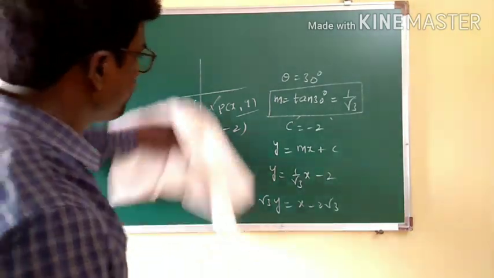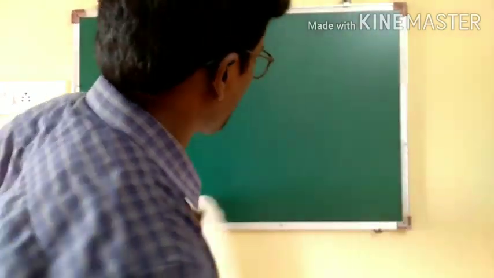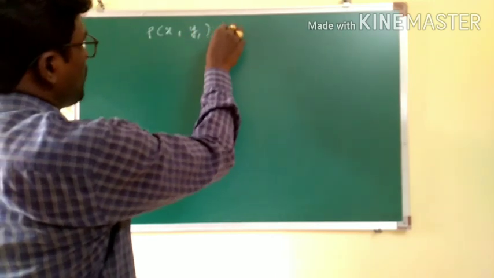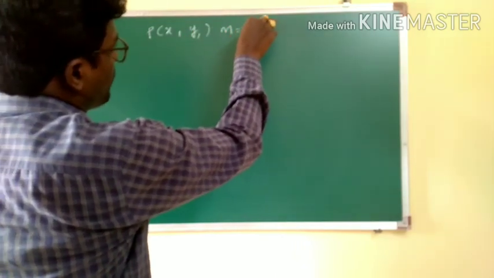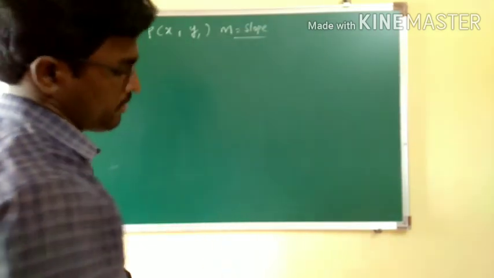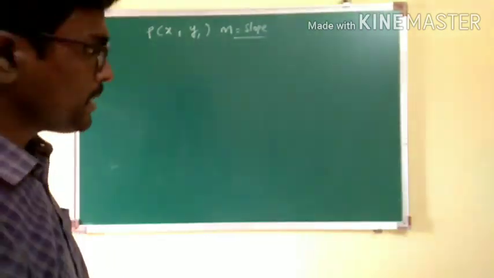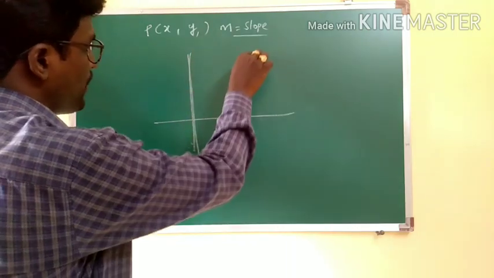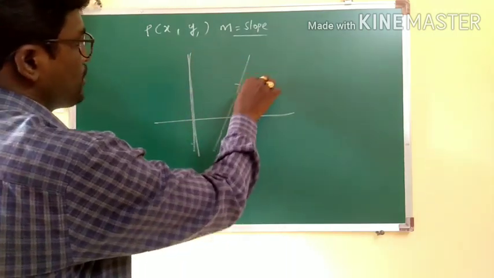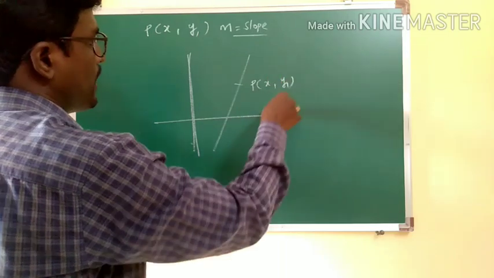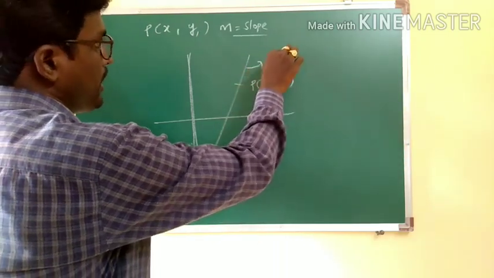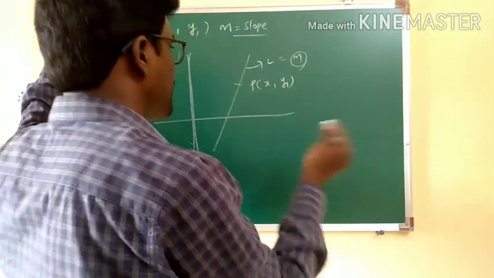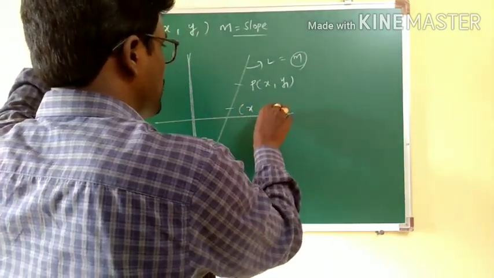What is that? If you are given a point P(x1, y1) and the slope m, then what will be the line equation? It means that the particular line is passing through the point P(x1, y1), and its slope is also given. Then what is the equation of the line? How can it be found? As we have done in the previous case.